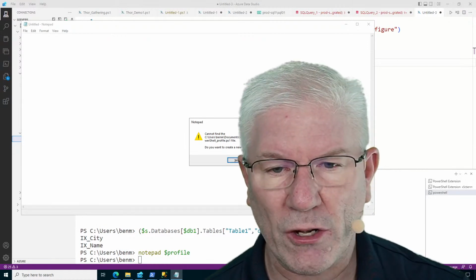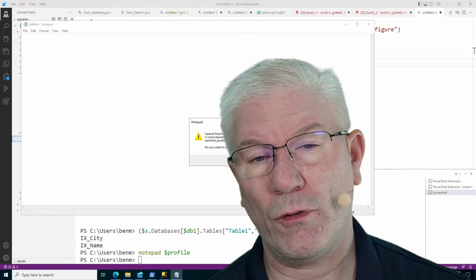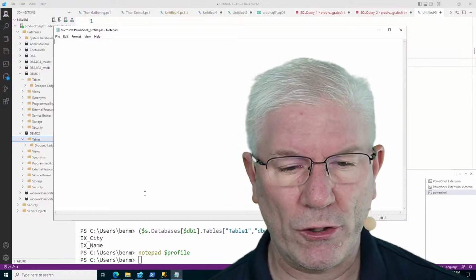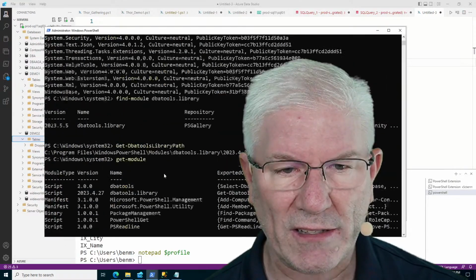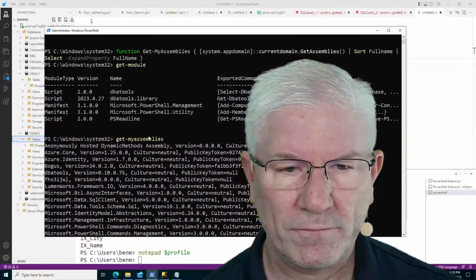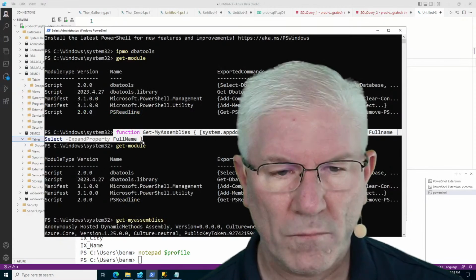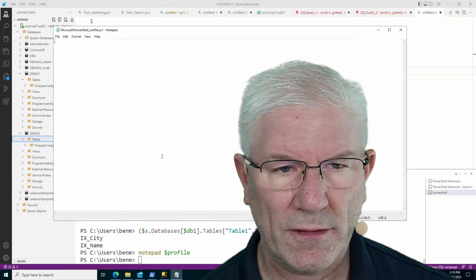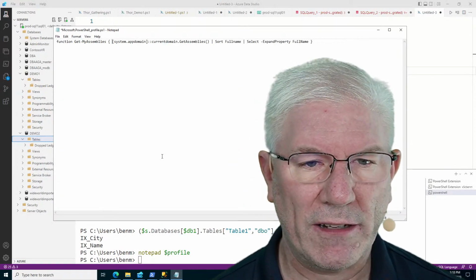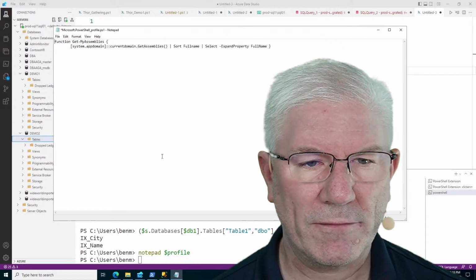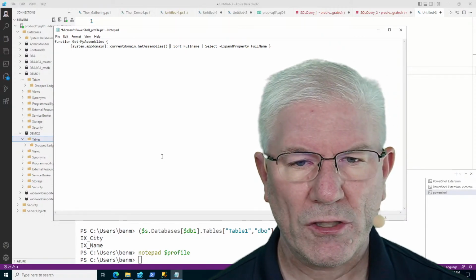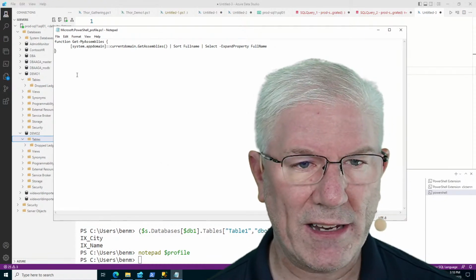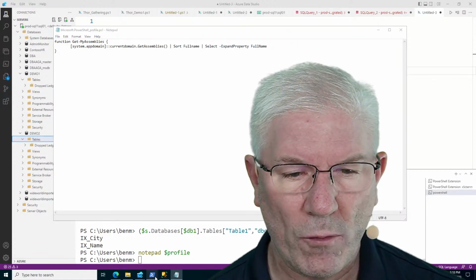Normally it's not created because it goes in your Windows Documents folder. But if I say yes, I now have a profile that I could actually take this guy and put in it. So here's my function. I put my function in my profile, and I can make it pretty, right? Doesn't take any parameters. Sort, sort, sort, and end. If I save that and I open up a new window,